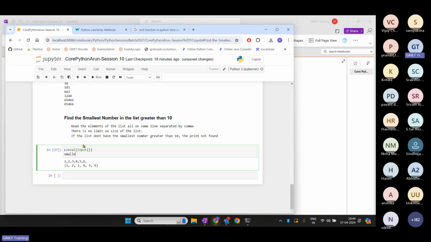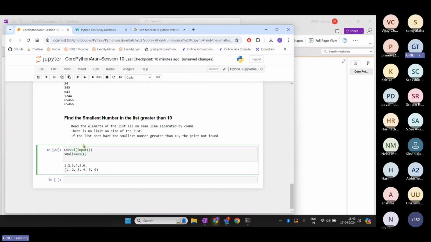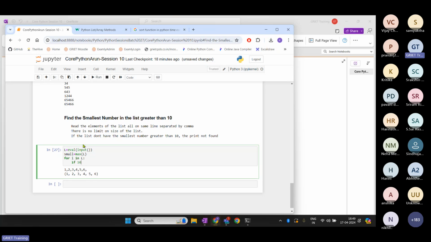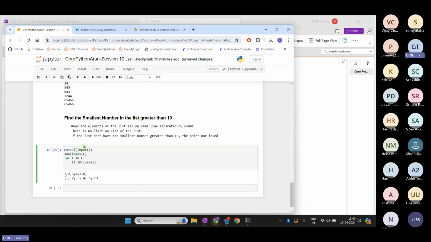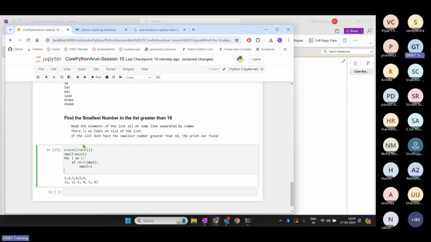So what I told you, find some variable and assign maximum of L to it, right? Then for each element in the list. So for I in L, what we have to check if 10 less than I less than small. So what I have to do if this condition is true, small equal to I. That's what we want to do. Then once the loop is over, so what I will print, smallest number greater than 10 is,